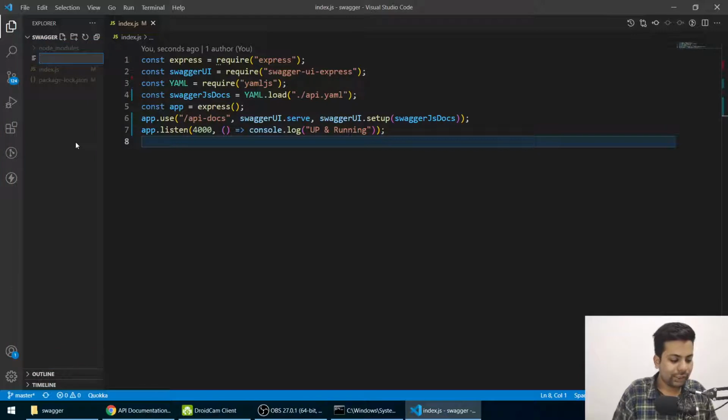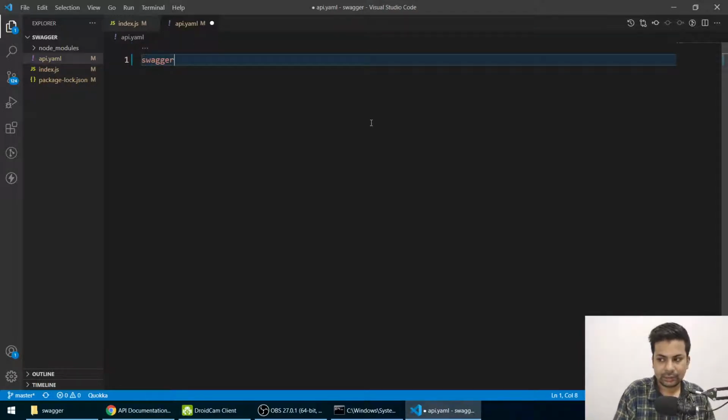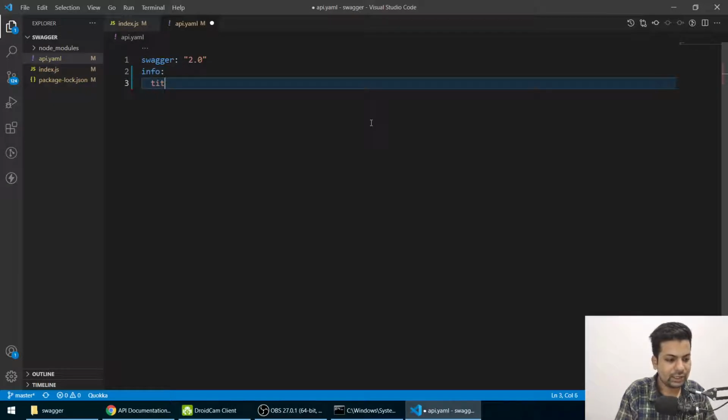So now here I'll make a new file called api.yaml in the same path. You can see the file name is api.yml, so that's why I have made it as api.yml. So I'll write swagger, and here I'll give the version. Basically it's 2.0 only, everyone uses 2.0. And after that I'll give info, and under it title. Here I write YouTube API. So here you are telling what is the title of your Swagger.